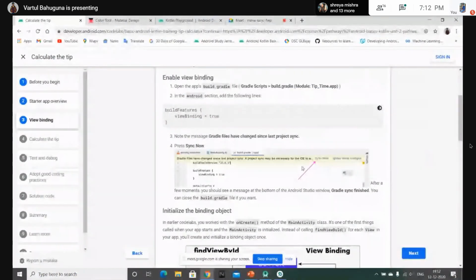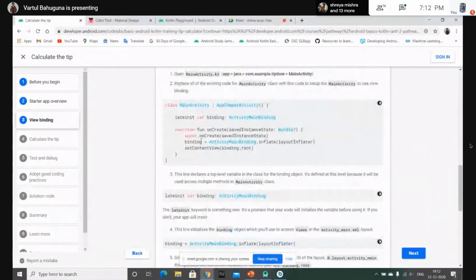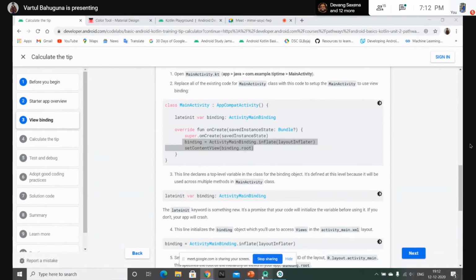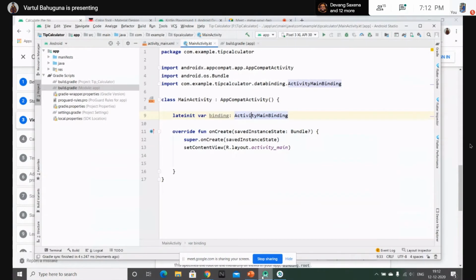Now let's write the further code. I'm just copying this code, so there's less time. What this code tells is that there's a lateinit variable binding that's of type ActivityMainBinding, and then we're initializing this binding variable here, inflating the layout with the layout inflater.